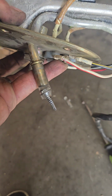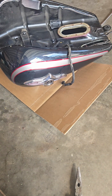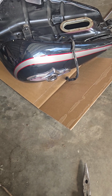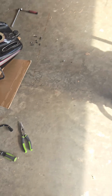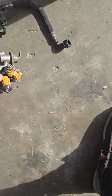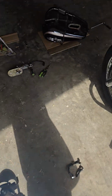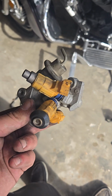I just put a little tube plug there for when I pulled the tank originally. I siphoned all the gas out, what I could, and then pulled the tank and pulled that injector rail with what I believe is a fuel pressure regulator, which I did not replace, which I thought would probably be causing my symptoms. But it doesn't take me long to get to this point right here. So if I had to pull it back apart after testing, just replacing the pump,